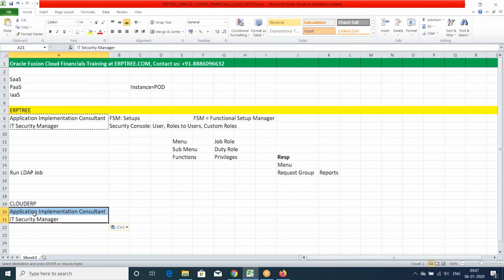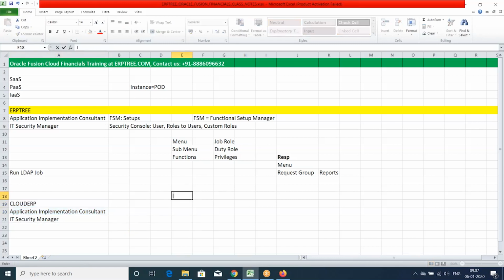After completing this task, you have to run this LDAP job. When you run this LDAP job, the information about which user has which roles assigned will be updated in the LDAP directory services.